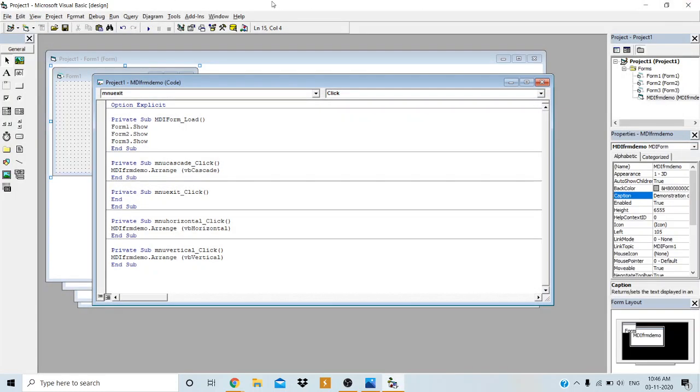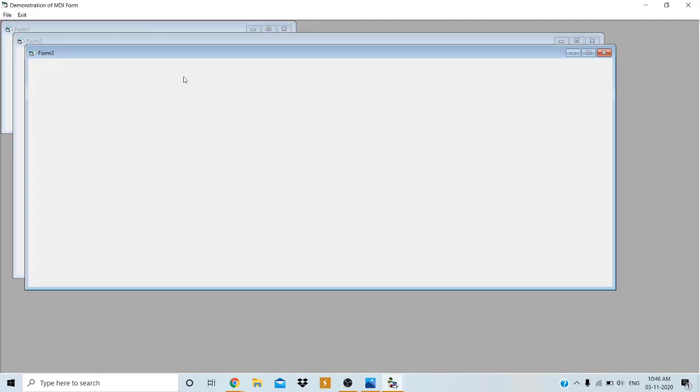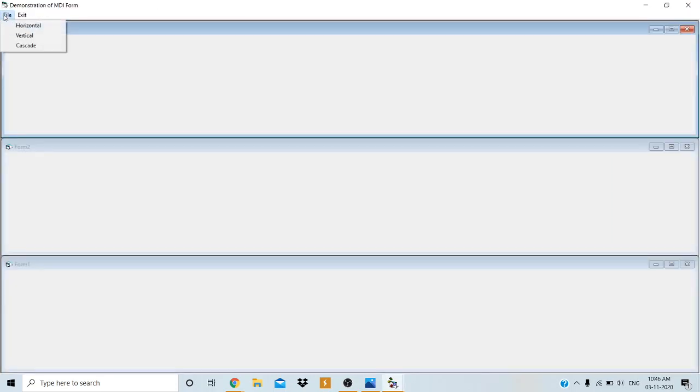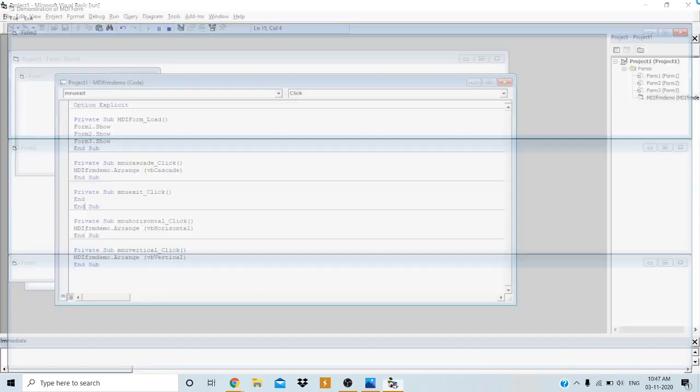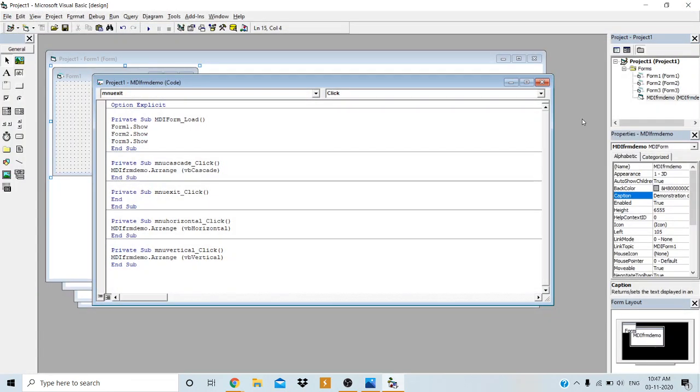Then the second diagram is horizontal, where we have to highlight this option, just darken this particular option. Likewise, you have to draw for vertical and cascade options. Fine. Understood everybody?